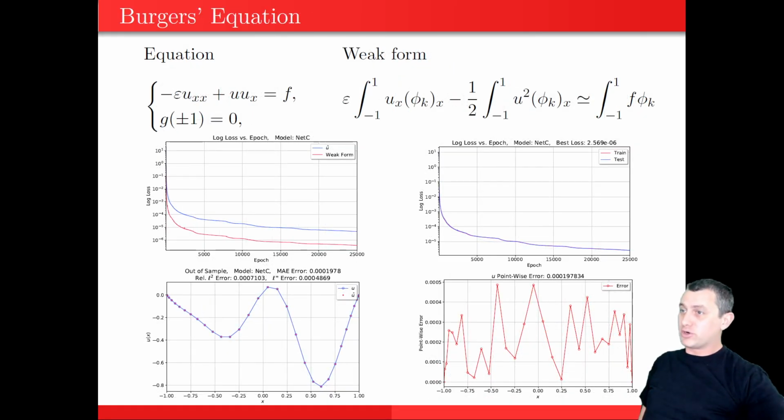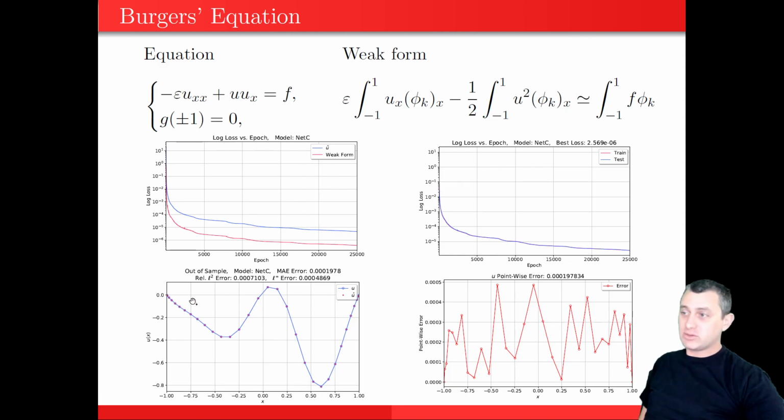Here we present Burgers' equation, which is a much more challenging problem for a deep neural network because it is a nonlinear differential equation. So we've got Burgers' equation here with Dirichlet boundary conditions. And so we can see that